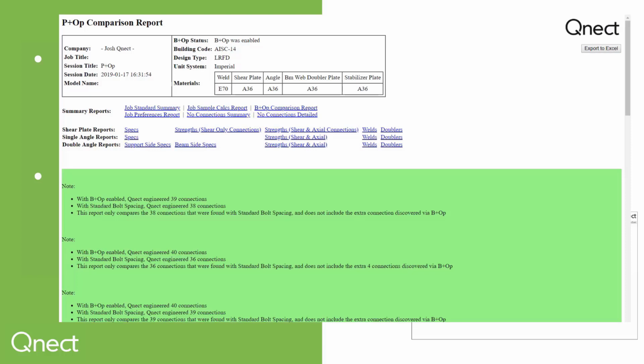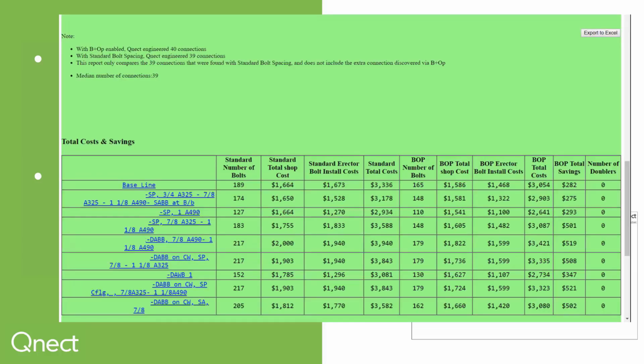We would show in our first run, if we did use bolt optimization along with preference optimization, we were able to connect 39 connections, and we were only able to do 38 connections with this standard. The next run was 40 connections compared to a 36. So we would do that. We'd be able to go through all of these 9 different runs, and we would then come over here and look at the